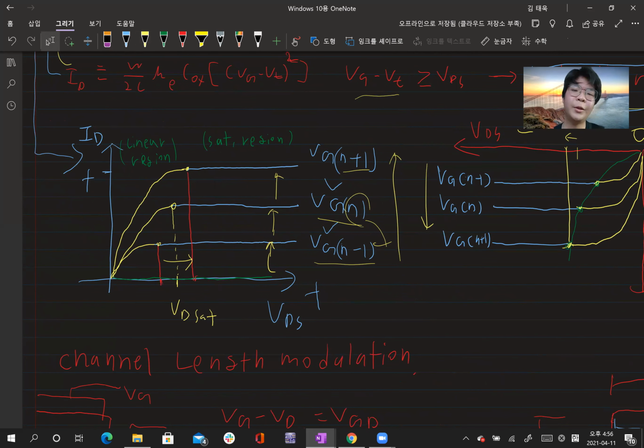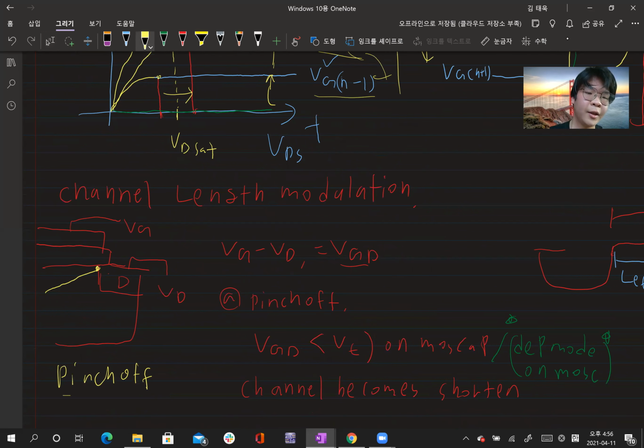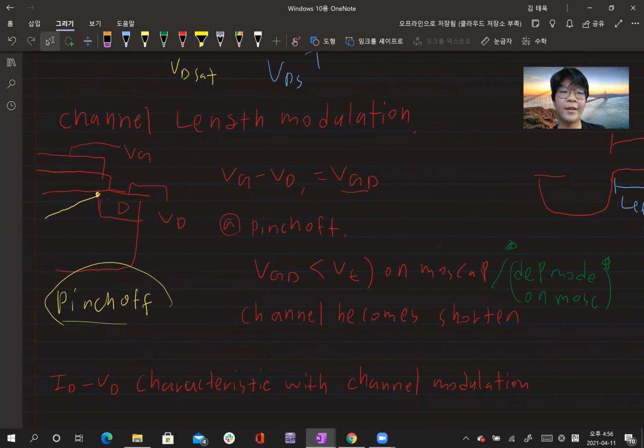However, in saturation regions, the current is not constant, because of this pinch off or threshold. So we can say this is channel length modulation, or the short channel effect. As we said, at the gate drain side, the voltage difference between drain and gate is not only for the gate, because